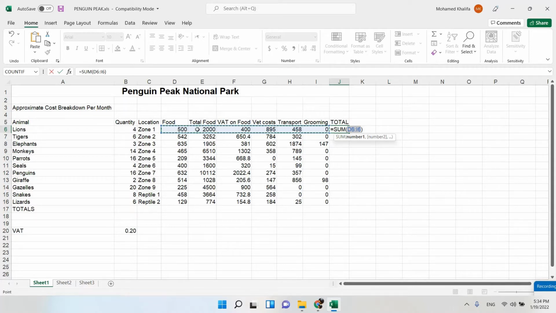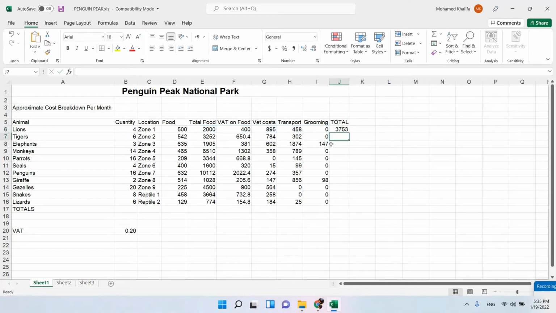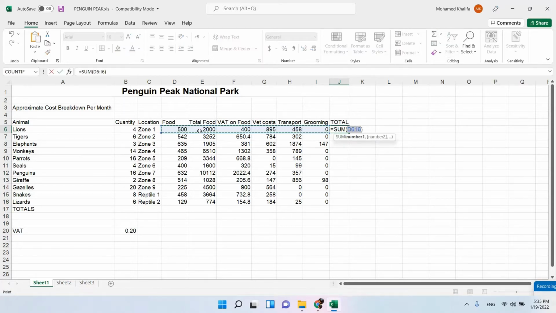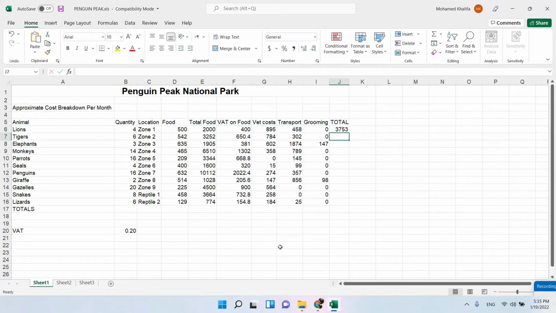So select the cells again from E6 till I6, from E6 till I6 only, and then press enter. Again, one more time. To get the total, press auto sum. Select the cells from E6 till I6, the cells he asked me to collect only, without the rest of them, and then press enter. Select the first finished one, drag the content down to get the rest of the